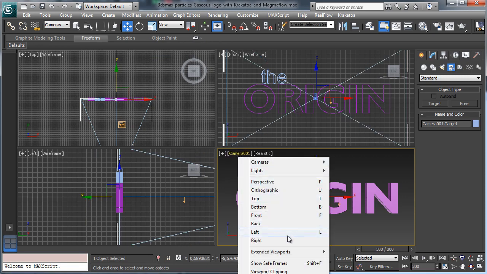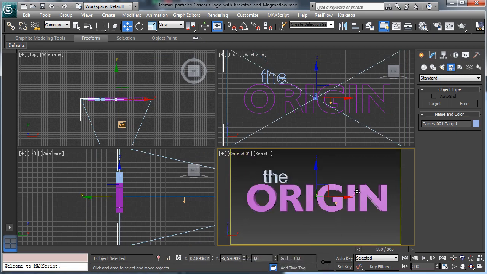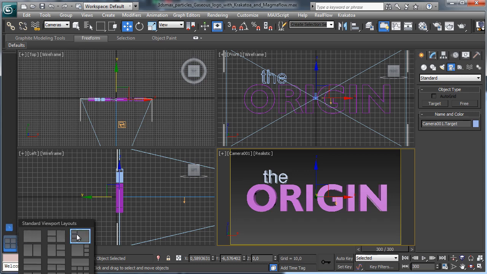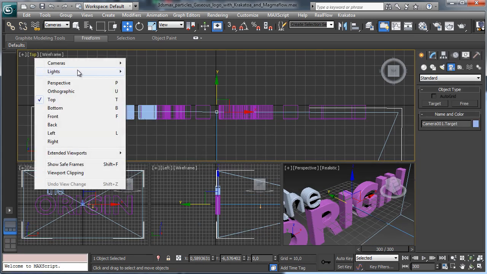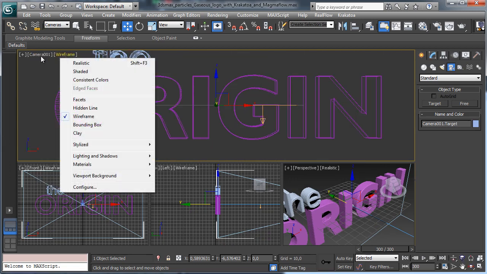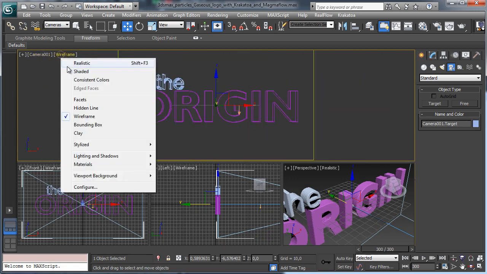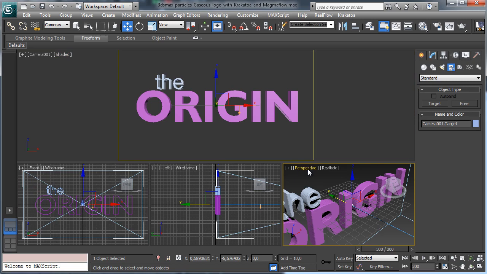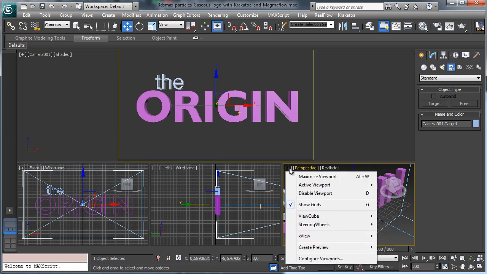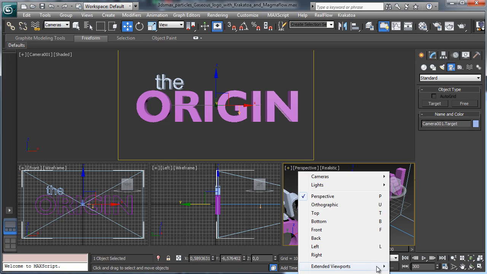Close, and then there show save frame, so we have the framing for our animation, and save. Okay, now let's create another view. Maybe this one can be a little bit more little. That's the camera. Let's have the show save frame and the shaded, and this one can be, let's go for an extended, and we go for the Scene Explorer